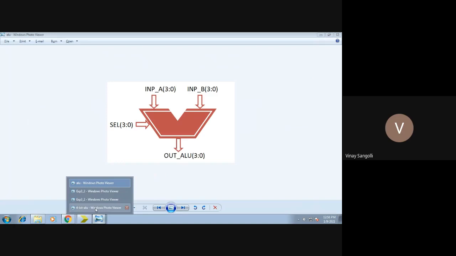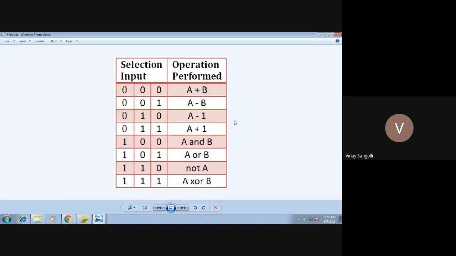Before moving into that, we'll just have a look at your truth table. So this is how your truth table would look now. For example, if it is 0 0, then you should perform addition. The selection input here is nothing but your opcode. So based on the opcode, we will be selecting the operation which is to be performed. For example, if it is 110, then it's a negation of A or inversion of one of the inputs. In such a manner, you can give any operation for any opcode. Whatever the opcode may be, based on that you can give any operation.